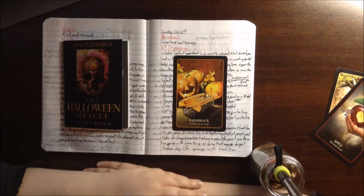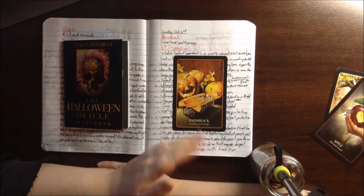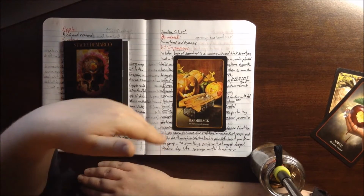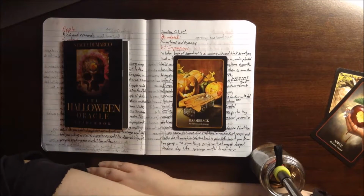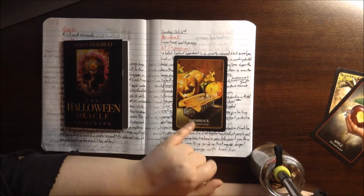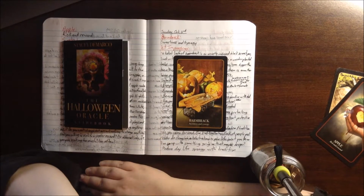And Barmbrack, from my understanding of it, is that you put different items into it while you're baking, and the person who gets each item means something different, and it's sort of like a fortune telling type of thing. Whatever item you get in your slice of the Barmbrack says something about what your future might hold for that year. Samhain can be considered the new year for some pagans, so that's where this falls in line. This next year you might have this happen or that happen, according to what is in your slice of